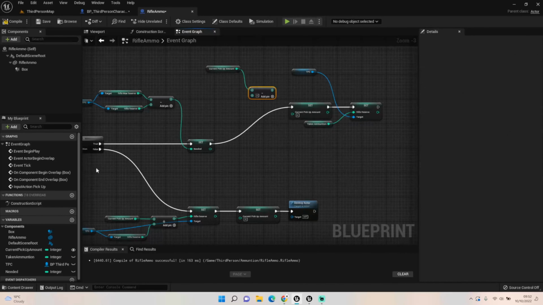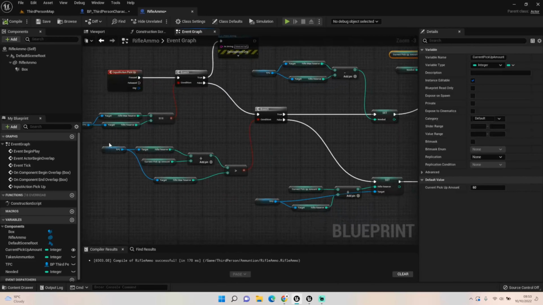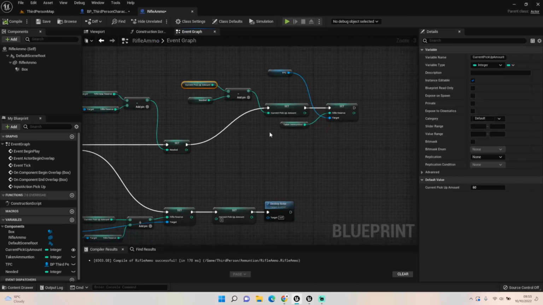We've got our pickup. We press our pickup button, which is E. If everything is hunky-dory, we've got enough of each ammo, it'll say reserve full. If not, it'll check to see if the reserve amount and the current pickup amount goes above our rifle max reserve. If it does, it will take the rifle max reserve, take away whatever's left in our rifle reserve, and set that as needed, what our needed amount is from our clip, our current pickup amount. Then it'll work out what we need to now set our current pickup amount at, and that will just basically deduct whatever we're taking from the current pickup amount and set that new current pickup amount. But it will also